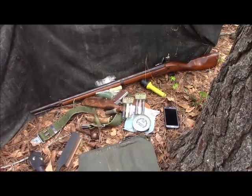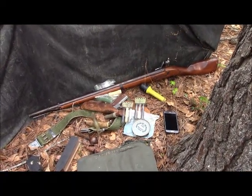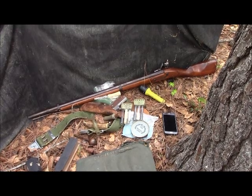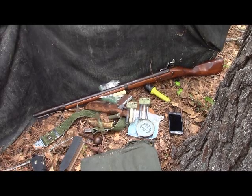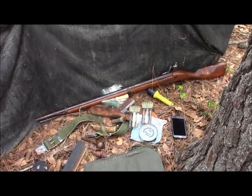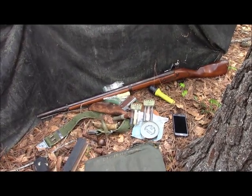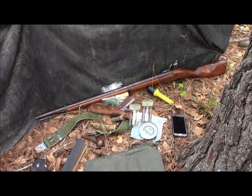And I'm at my friend's land, Tip Top, sitting in a blind I built a year ago. And we've got our gear out there. You see Bon Richard, and flashlight, and phone, and a couple of reloads. I'm not going to fight a battle out here, so I don't need to bring pounds of powder and shot,